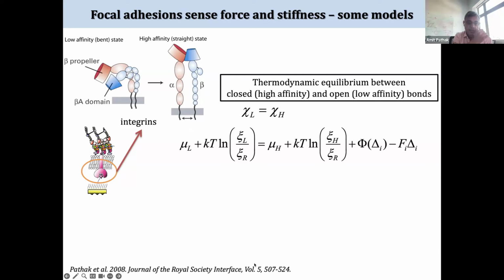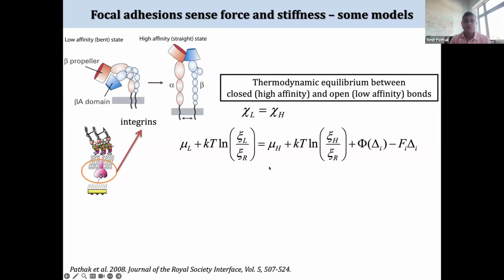There we were looking at more thermodynamic principles of bond formation. On the left, there are these integrins, which is known. They're low affinity integrins that don't make a bond, and high affinity integrins in the straight state. They do make a bond. They're alpha and beta subunits. So let's say